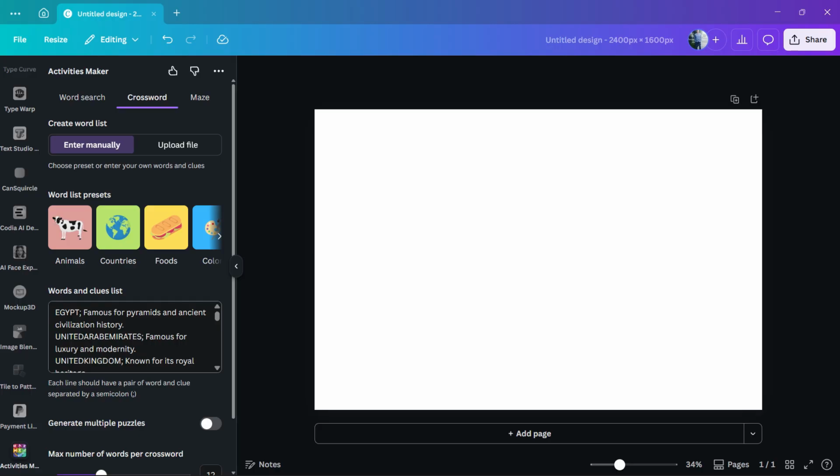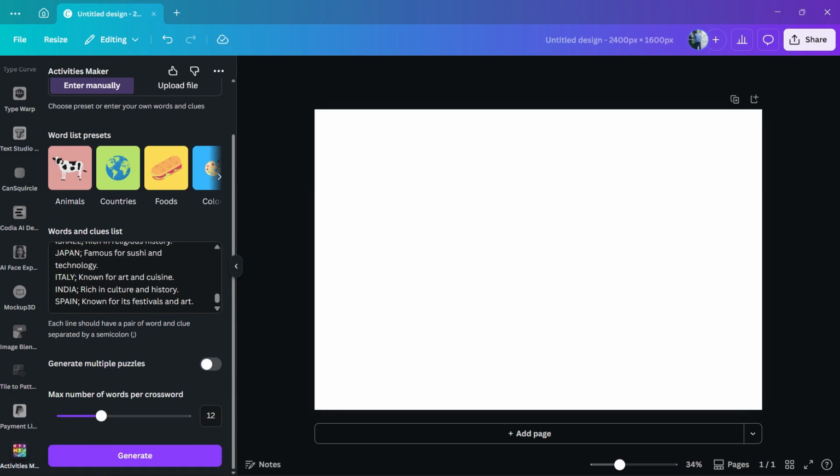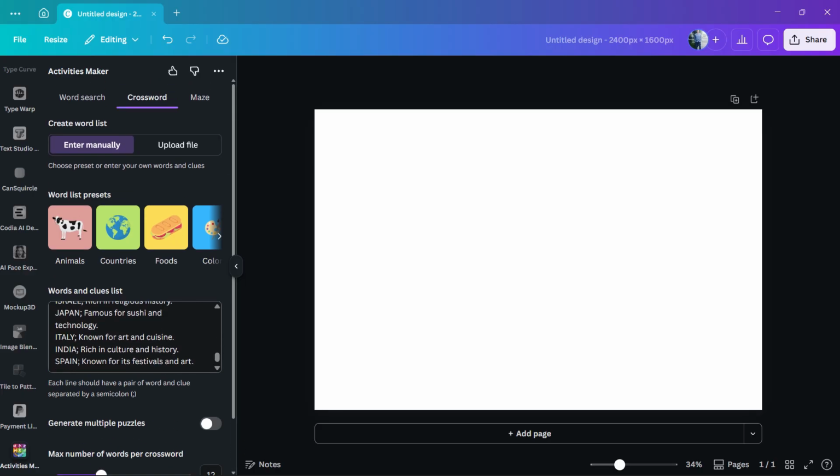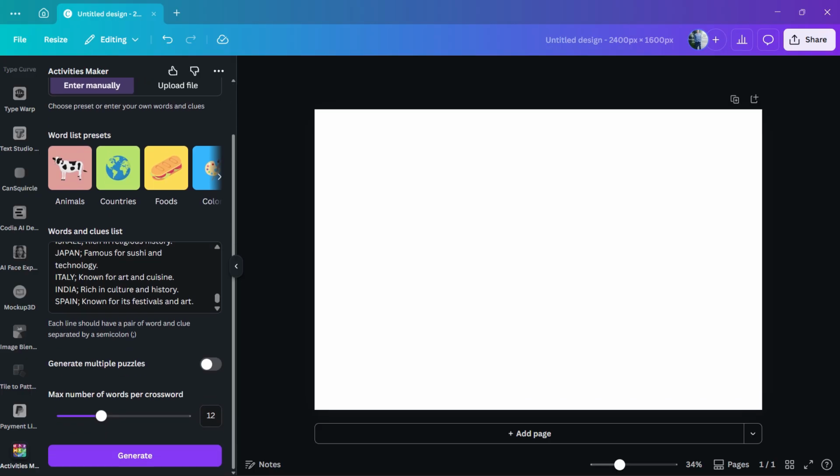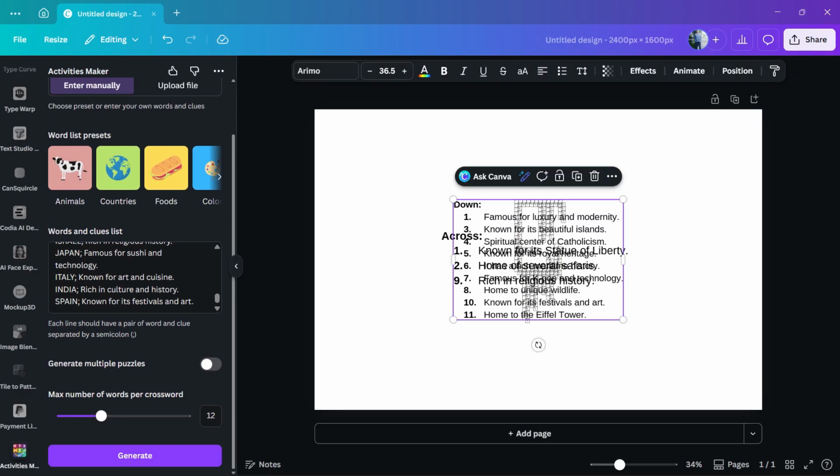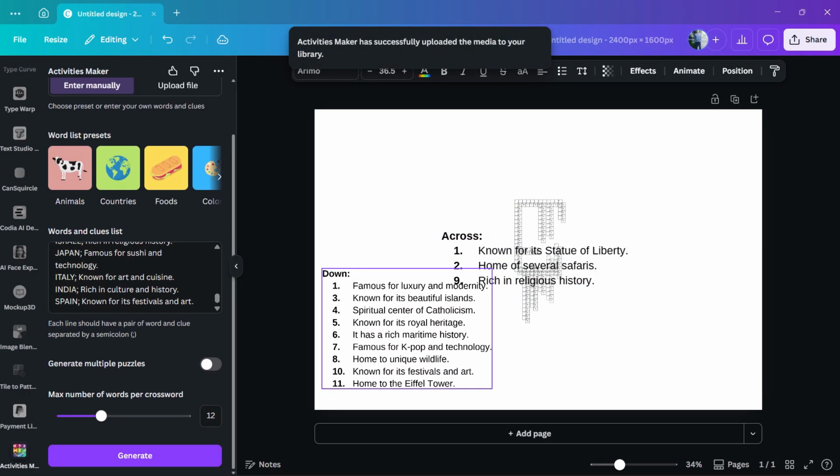You can give the country and a tip, okay? After this, you can generate multiple puzzles, up to you. Number of words per crossword, up to you as well. You can upload a file or enter manually. Then click on generate. They're gonna give you